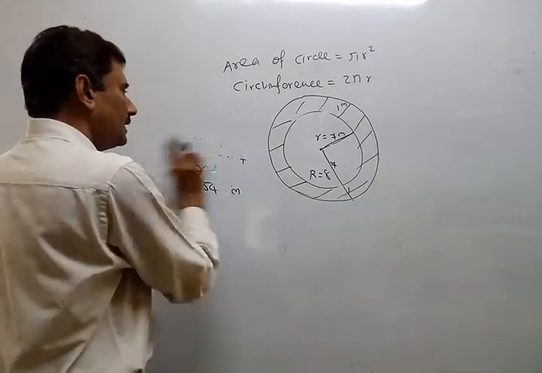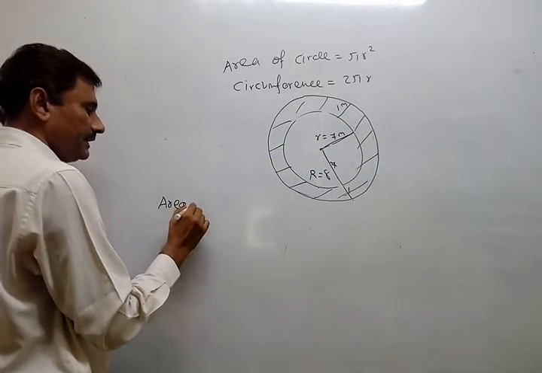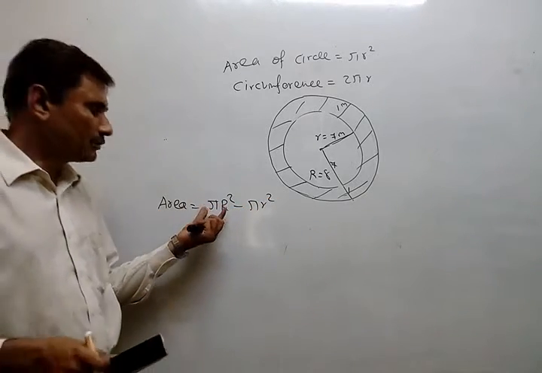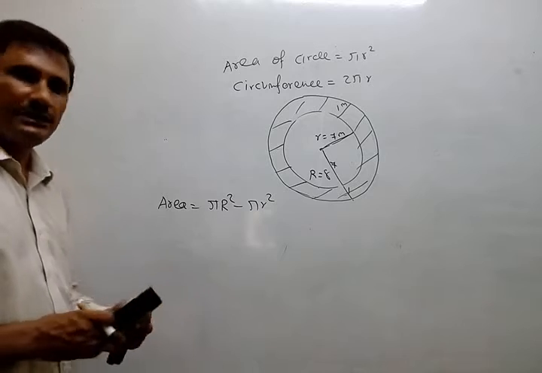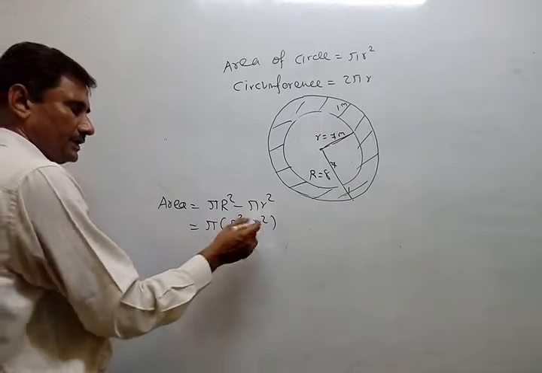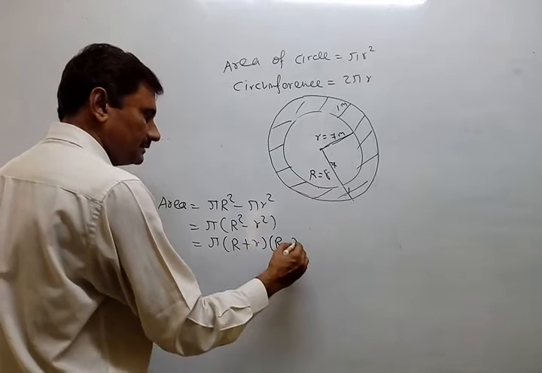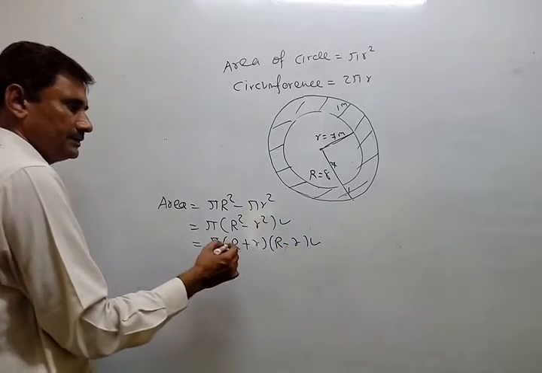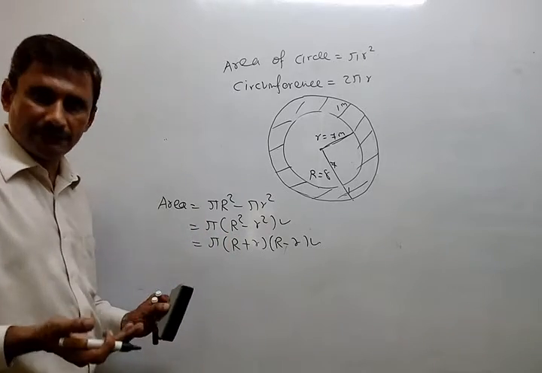Now you want to find the area of this one. So the required area we can find this way: pi R square minus pi r square in a single step. Area of the outer circle minus area of the inner circle. So take pi common, so it will be R square minus r square. Otherwise you can take two factors also here, R plus r, R minus r. So you can place the value either here or here, because pi is common, so we must take pi common so that it becomes easy.